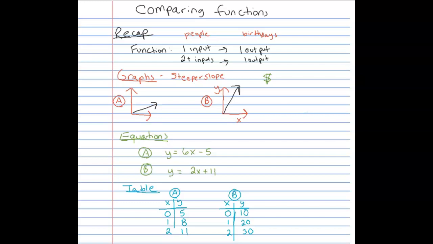I want you to determine which one of those two, with no context, would I rather have if I'm looking at money. Which one would I rather get if I'm getting money? Would I rather grow money at A's pace, right here? I'm trying to draw over this. Let's see if that works. Or am I going to want to grow it at B's rate? Thinking to yourself, I'd rather go with B. So graph B